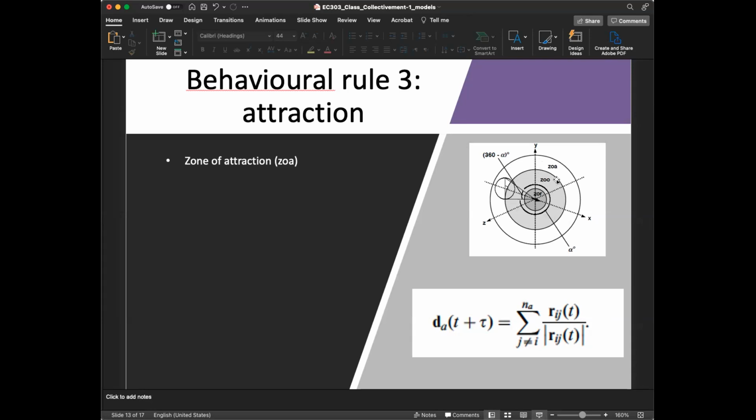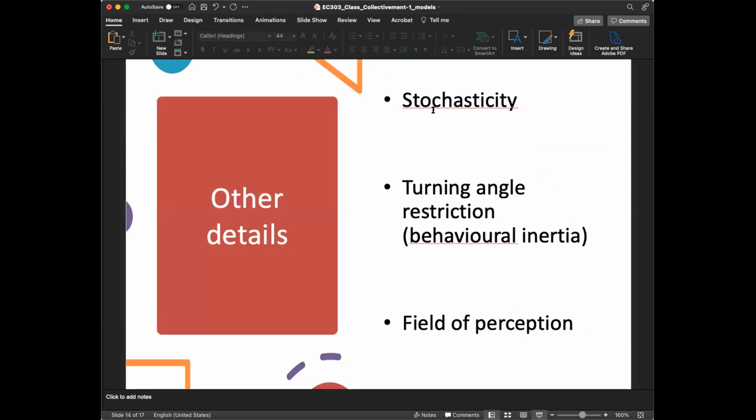The way this model works is that if there is collision happening, that's always given priority, and only the collision rule is implemented. If there are no individuals within the zone of repulsion, but there are individuals in both of the other zones, you consider an average of the effect of attraction and that of orientation, and then you move in the direction of the average along with some stochasticity. So this incorporates a few other features. It incorporates stochasticity as in Vicsek's model. Once the zones of orientation, attraction or repulsion tell you what direction to move, you move in that direction with some stochasticity.